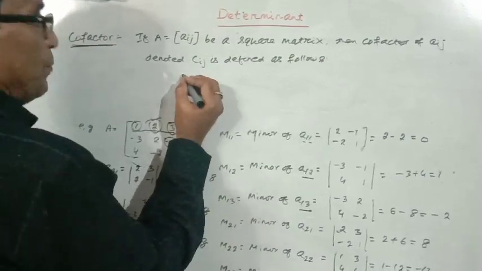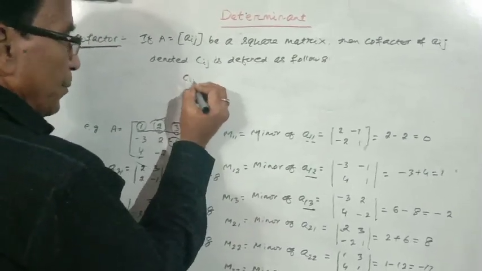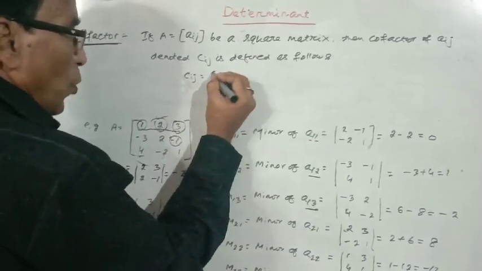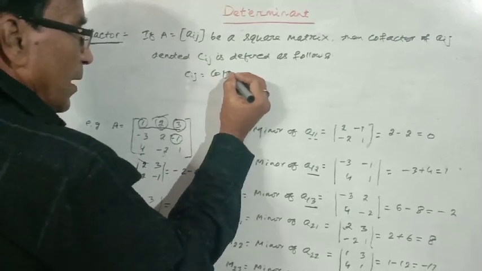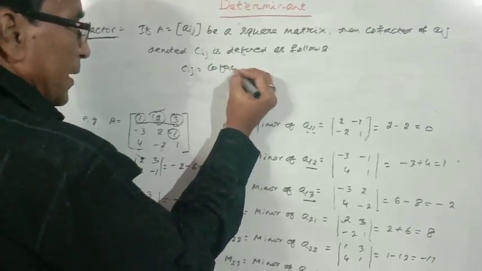That means Cij, that is the cofactor of Aij,